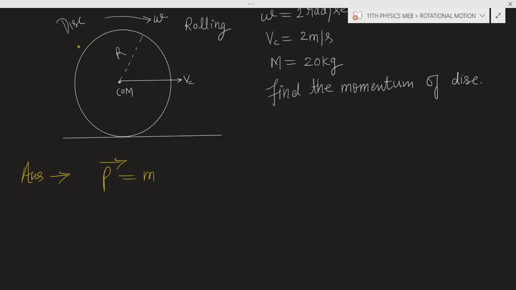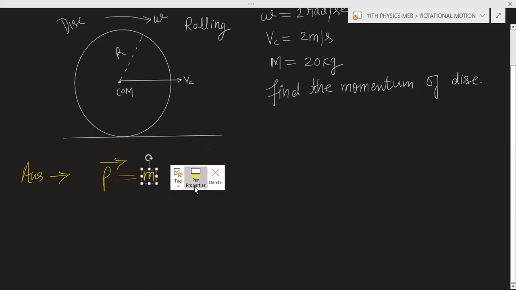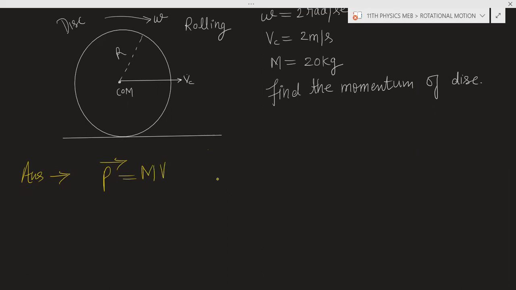Okay, so it will be the total mass of the body multiplied by the velocity of center of mass. So you can find the momentum. Total mass of the body is 20 kg and velocity of center of mass is 2 meter per second. So you will have 40,